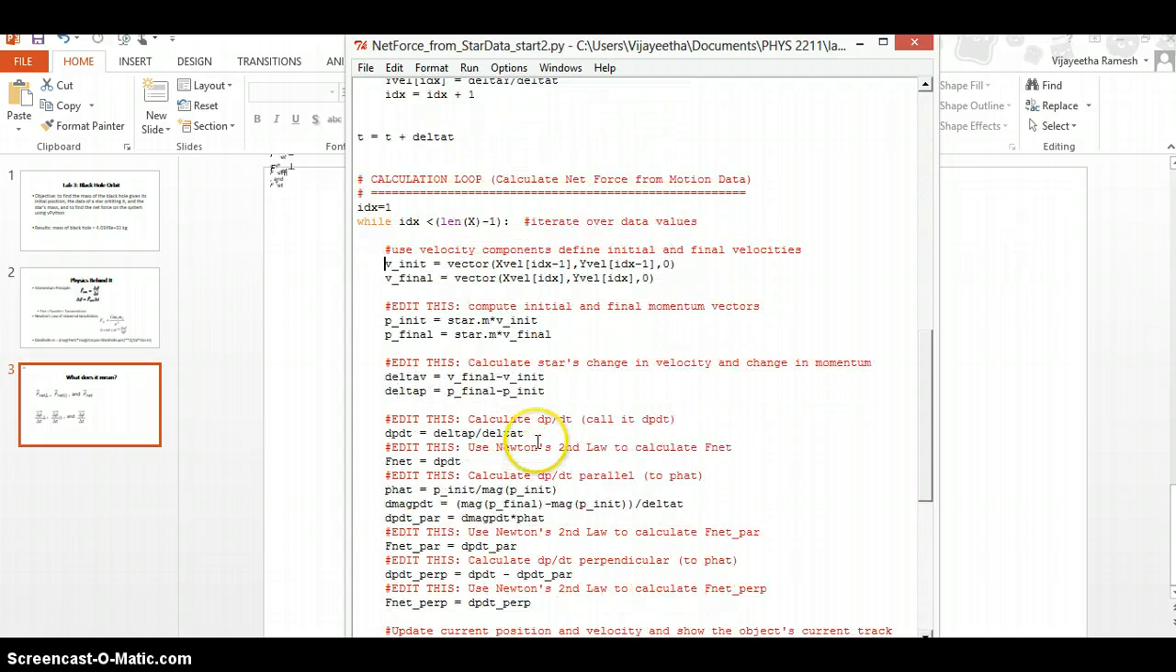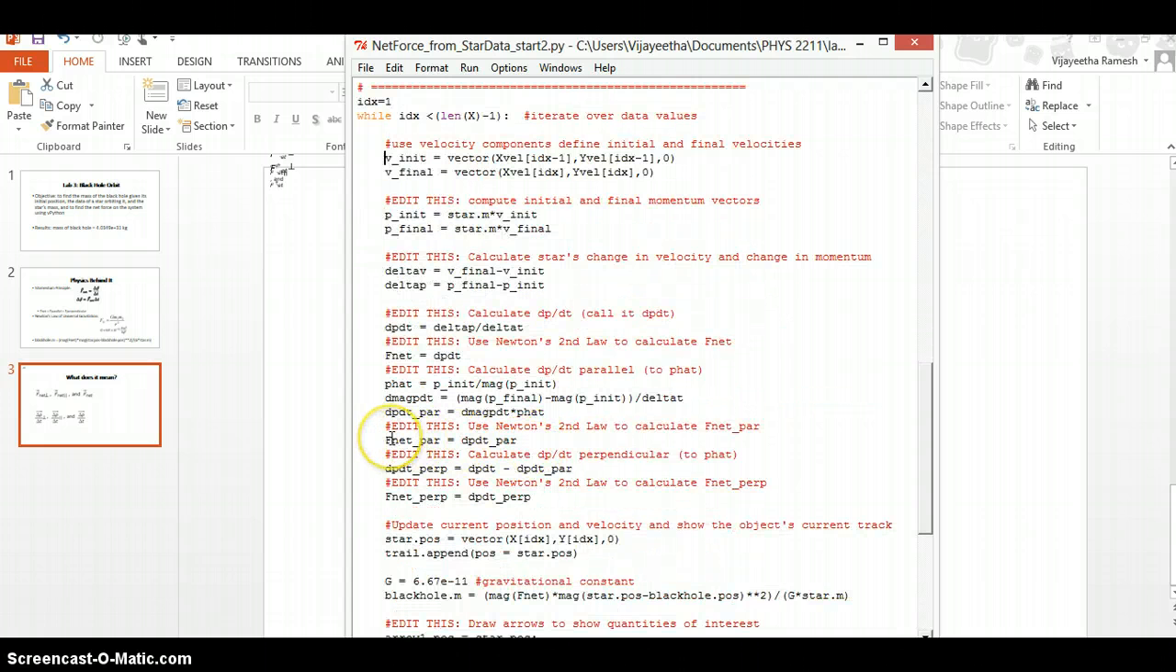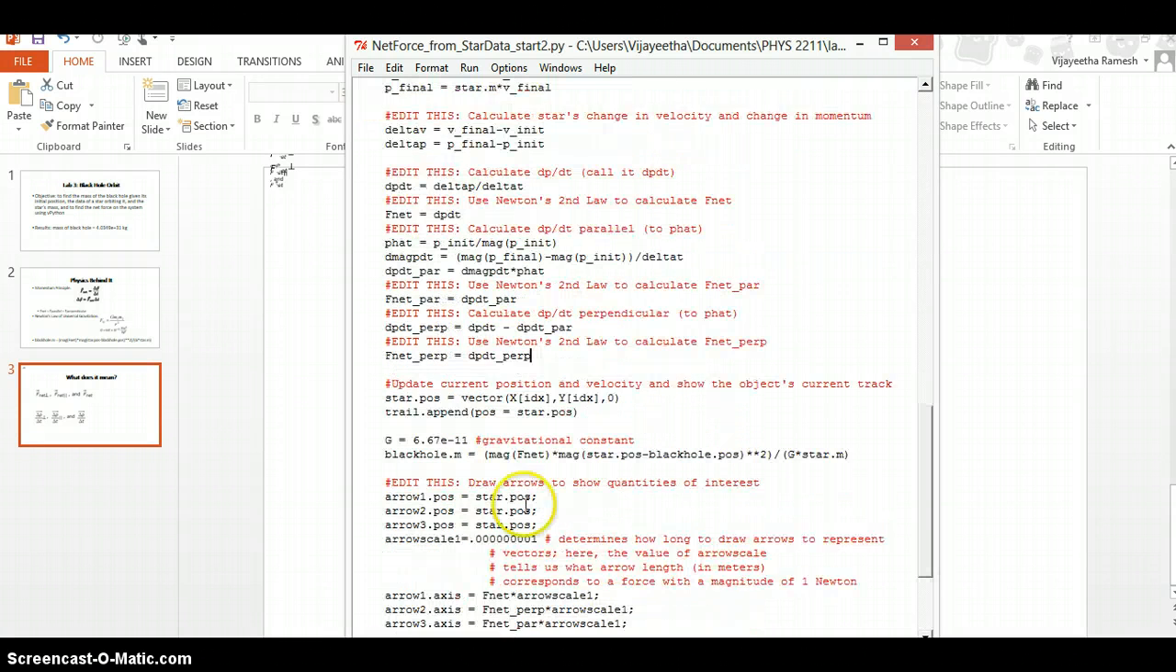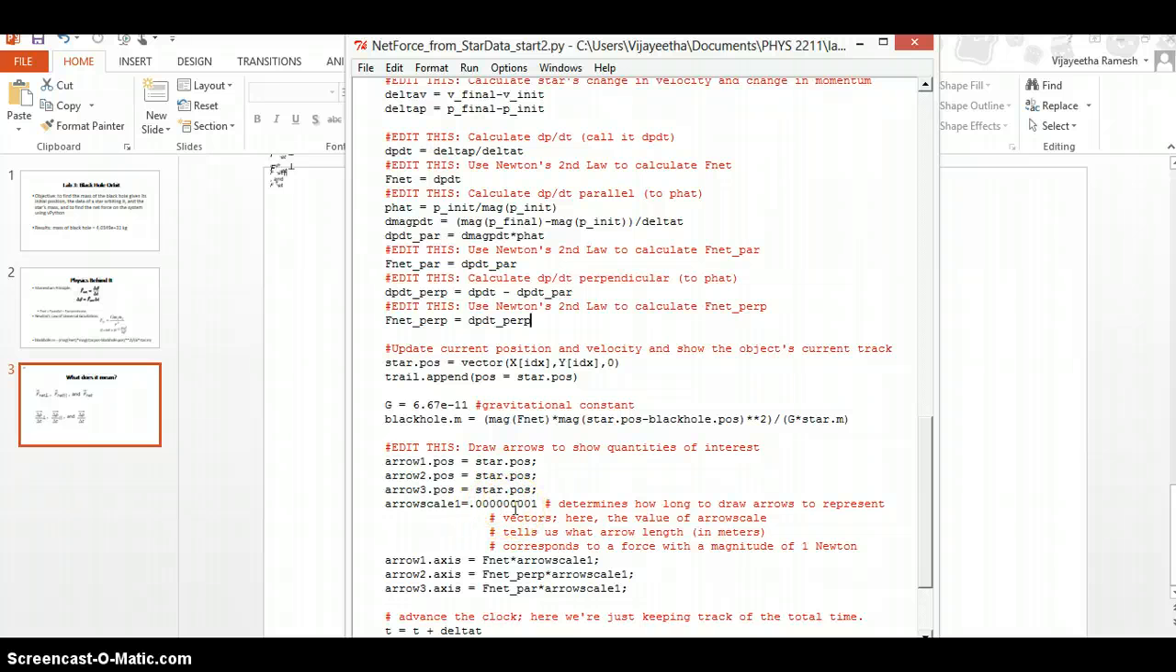Here we can see Newton's second law applied, where the net force in each direction is the parallel and perpendicular components of the change in momentum. My arrow scale is very small for better visualization. When my code is run, however,